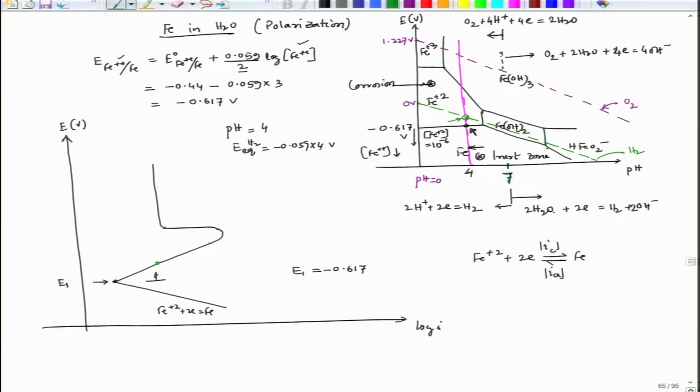So, that means the cathodic polarization for the hydrogen evolution reaction will cut it. It will have its own hydrogen evolution polarization line. So, let us say this is my hydrogen evolution polarization line. This is H+ + 2e- = H2, and this potential is nothing but